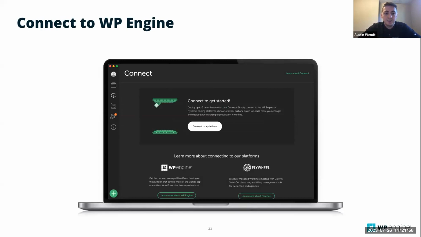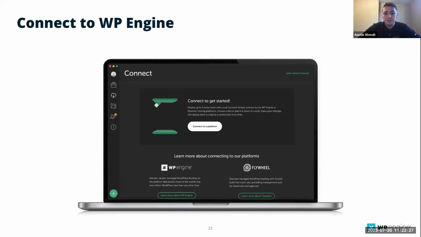So we've been doing some work on stability and reliability, fixing up some bugs, improving our error logging. We've heard from users that they want to be much more clear, when you do run into problems, on what's going wrong and how you can fix it. But then also coming up, we're going to be working on some highly requested features, like being able to connect to multiple WP Engine accounts so that you don't have to log out and log back in as you switch between the clients you're working on, as well as the ability to create new sites on WP Engine without